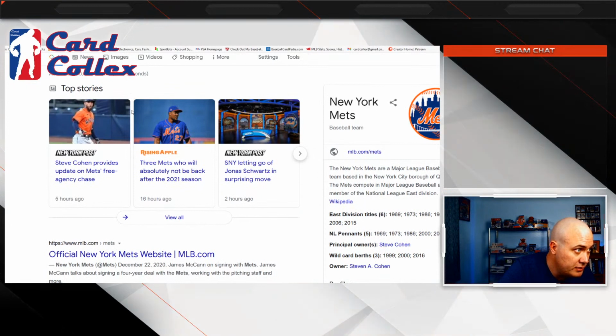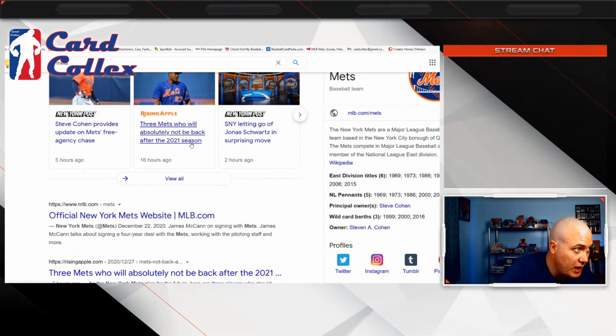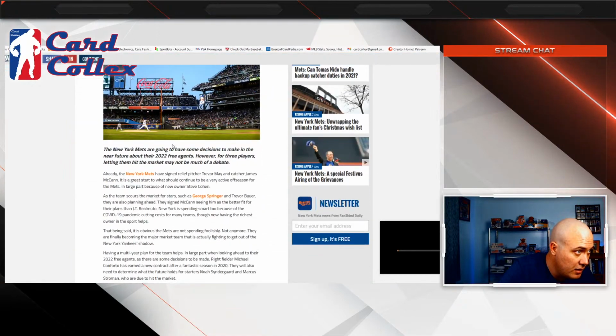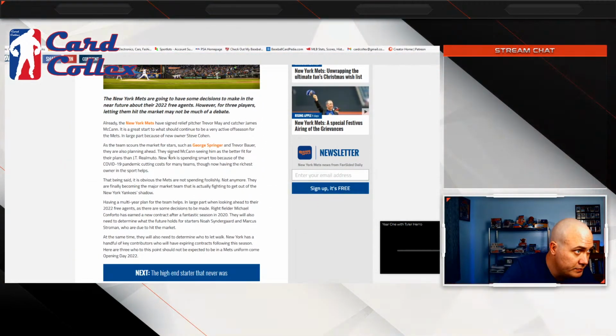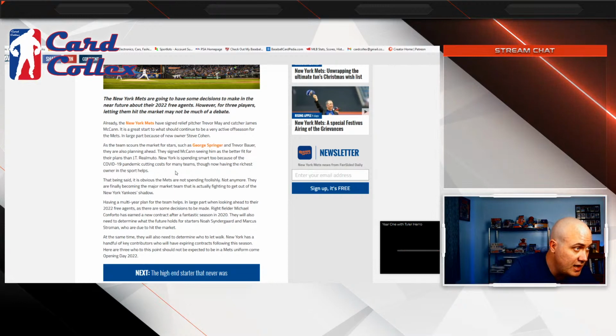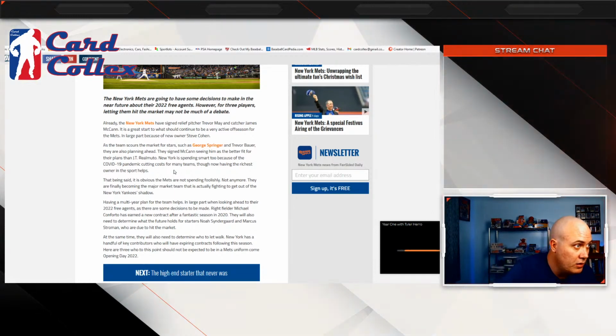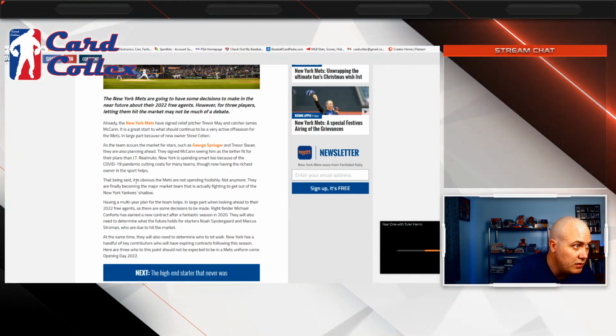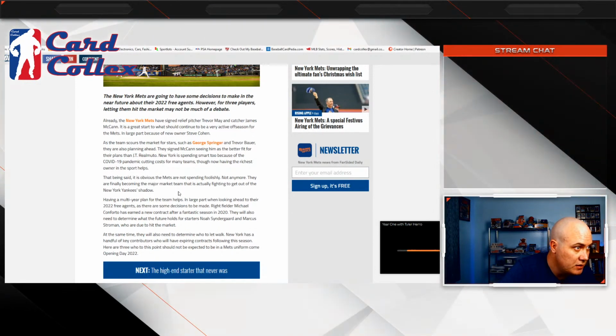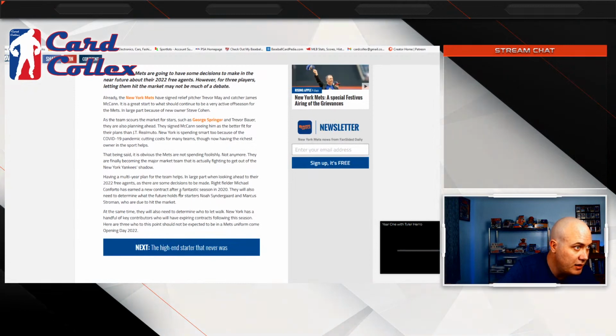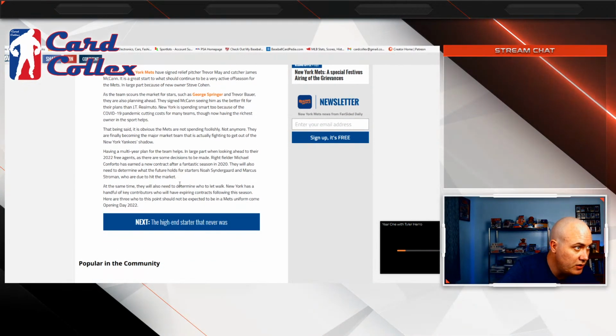It looks like 3 Mets will absolutely not be back. George Springer and Trevor Bauer are in the mix. He said he's willing to spend money to get a good team. He wants to go to the World Series. But the Mets are not spending foolishly. They've got a multi-year plan, looking ahead to their 2022 free agents.